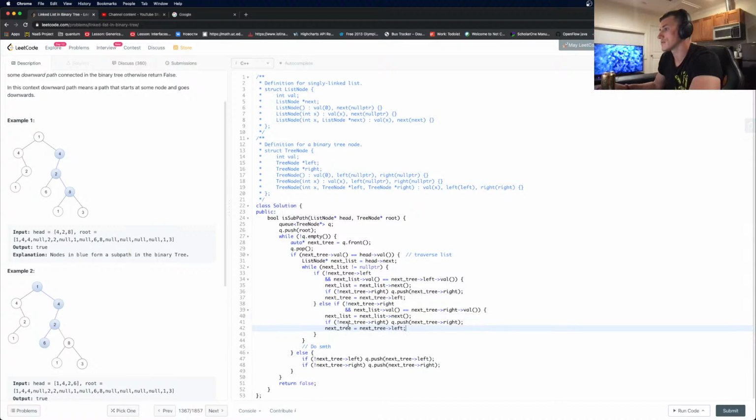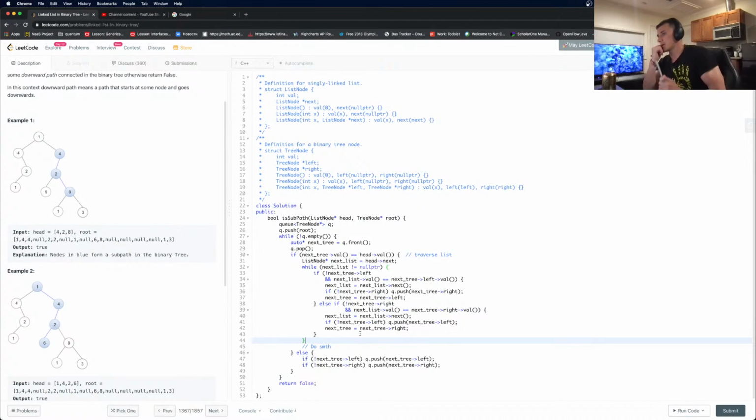So let's do next. So because it's equal to the right value, to the right child, right, we say push left to the queue, not right, left now. And next tree is the right. So we're moving to the right. All right, so after this cycle, right, so okay,